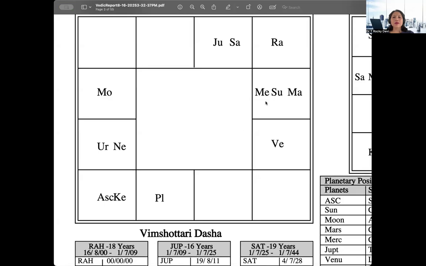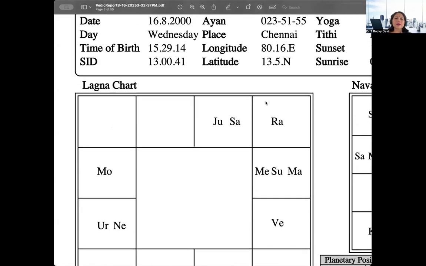Moon, what is the lagna and Rasi, is this way. Okay, I'll share the screen again, and this is the screen. This is not the one. Let me share it again. And this is the